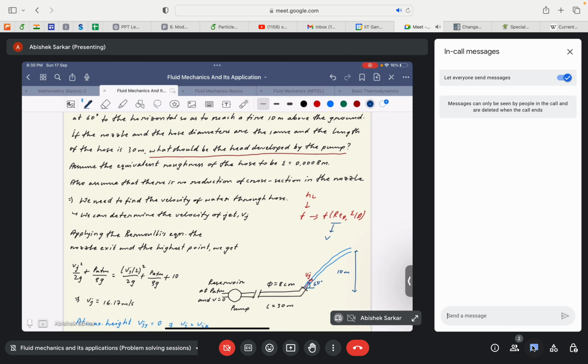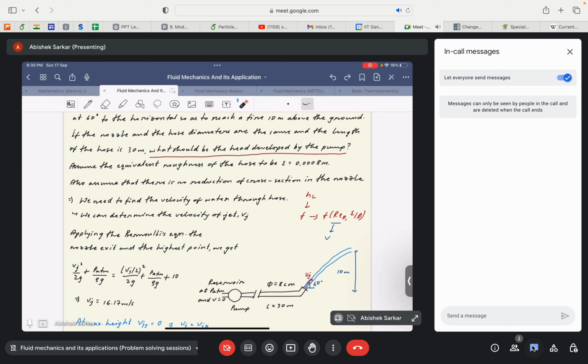So we can determine it. We can determine the velocity of the jet. Why? Because it is clearly told that the dimensions of the nozzle and the hose remain the same. So there is no increase in the velocity of the jet which comes out of the nozzle. Since the diameter of the hose and the nozzle remain the same, there is no area reduction, so there is no increment in the velocity because of the continuity equation. Okay, so we apply Bernoulli's equation at the nozzle exit and the highest point